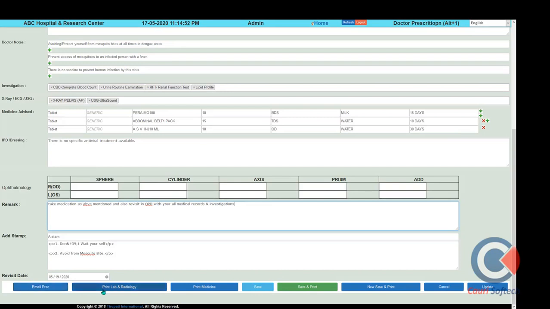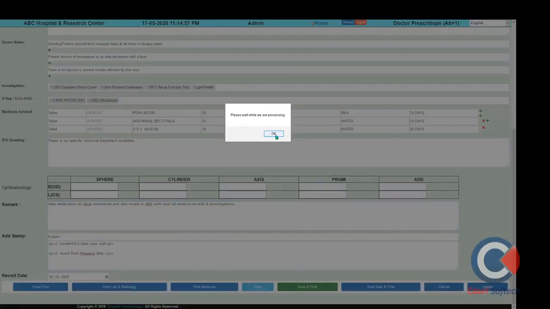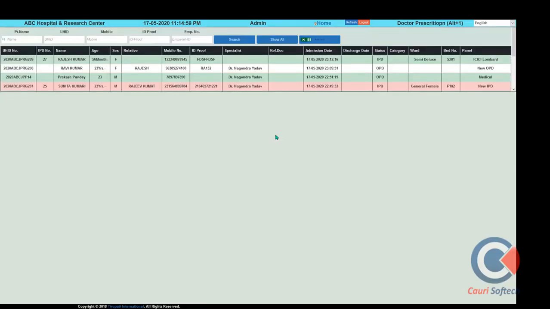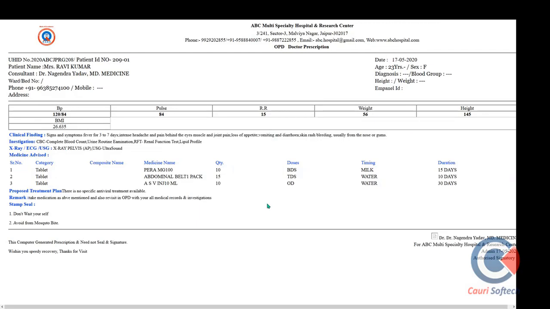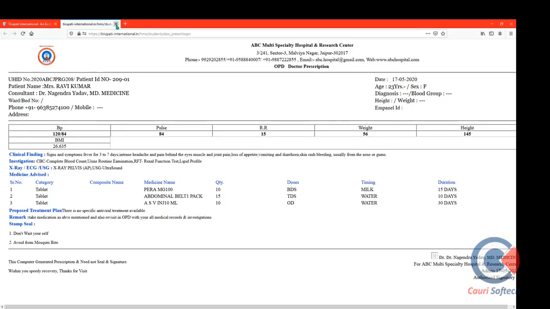There is the email prescription option, lab report printing, and medicine request printing. If you want to print the prescription, just click the print button, and you will get the prescription printout option. After this prescription, there are two types of benefit while we are maintaining the patient EMR of the OP patient: all the information need not be carried to the various departments. All information will be reflected to other departments simultaneously.